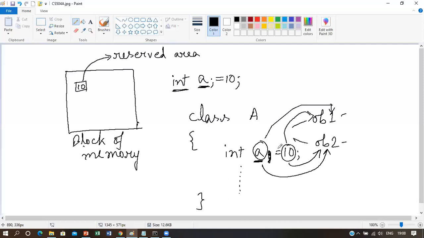Now suppose we have declared another class, say class B, and inside that suppose we have written public static void main, and then String args.